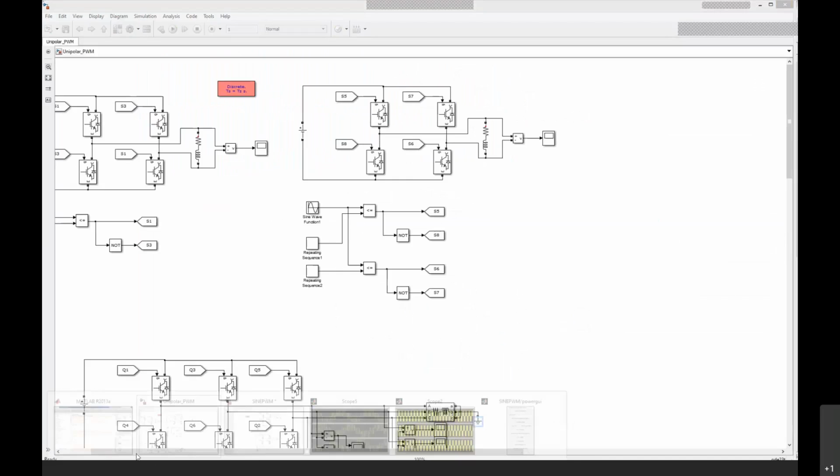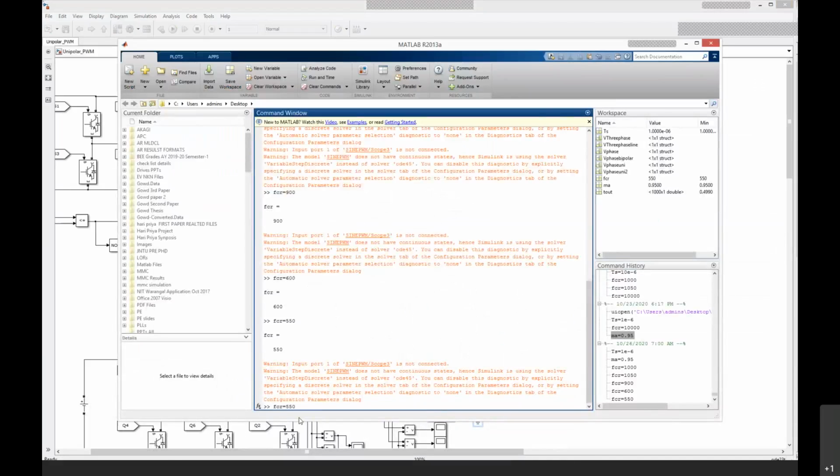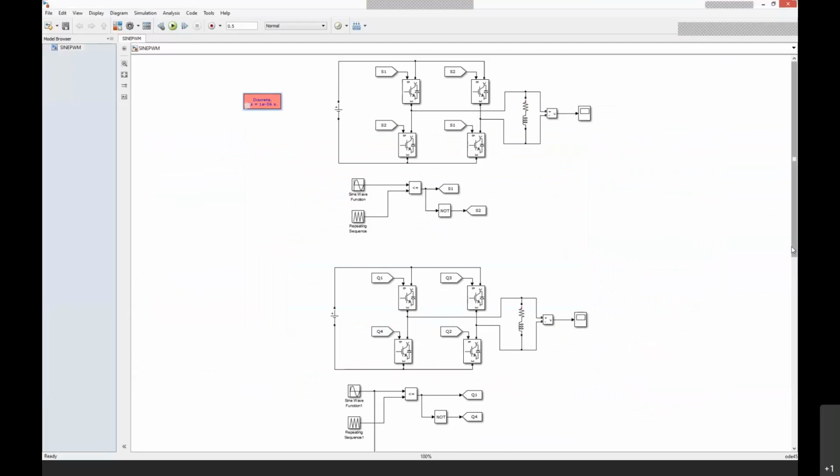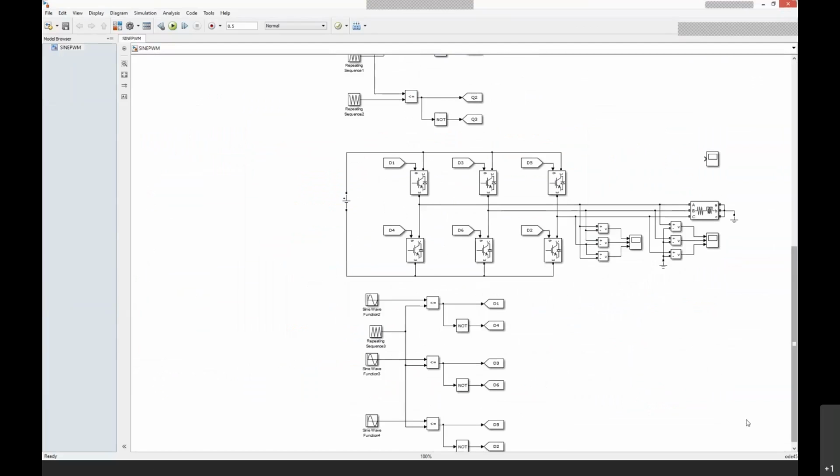So this is how we will simulate a three phase by using sine PWM technique. Right. So if you want to observe that, if you want to see